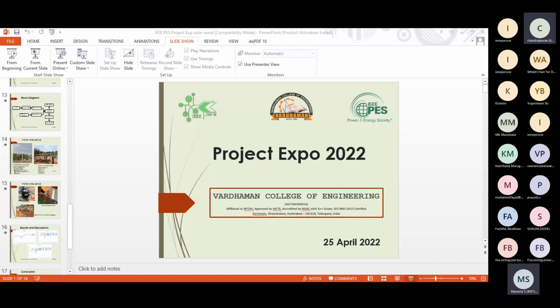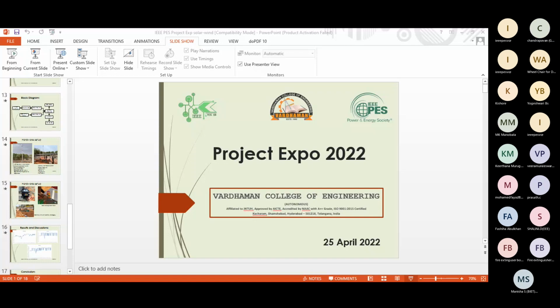Moving towards renewable energy resources, we all are familiar that solar and wind come under natural resources which are available abundantly. And we also know that solar energy is available only during daytime, not during nighttime. For this purpose, we are using